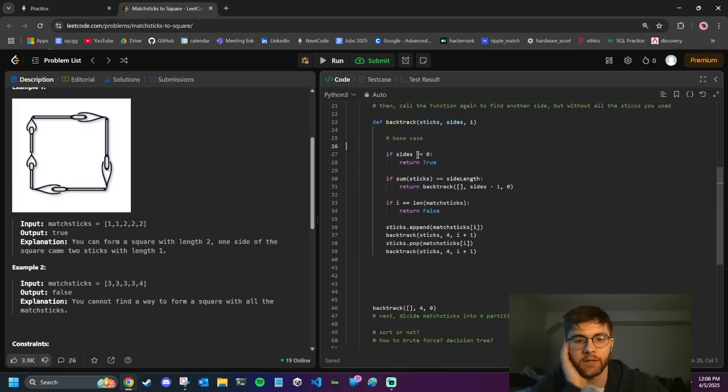Okay, so what I'm thinking is, if we ever call this function with sides equals 0, that means we found 4 sides. Well, and sticks has to be empty. Well, maybe not sticks, but maybe matchsticks. So what if we remove,